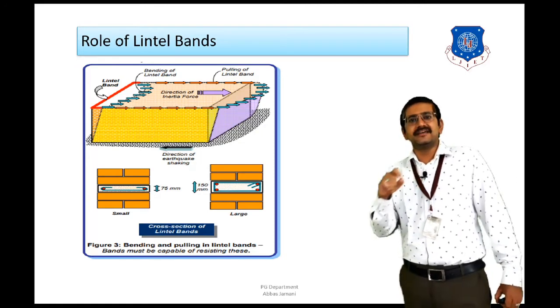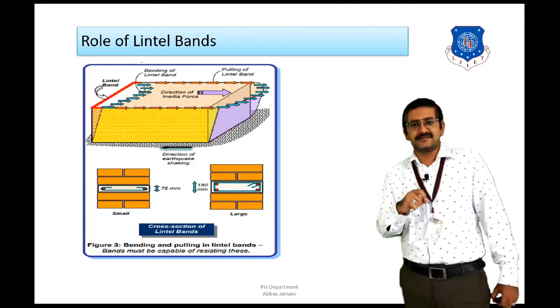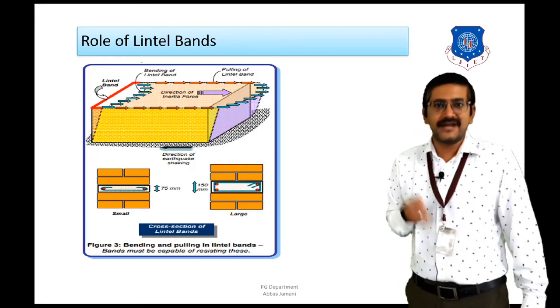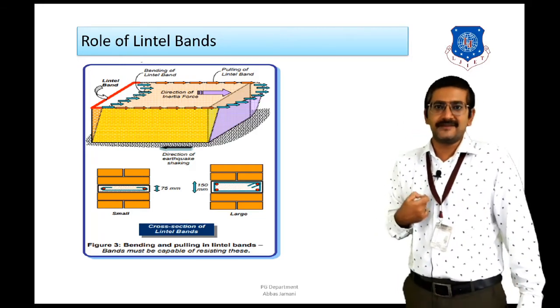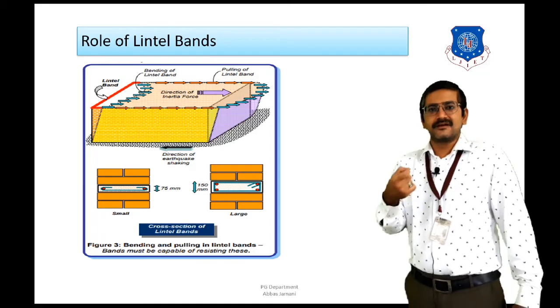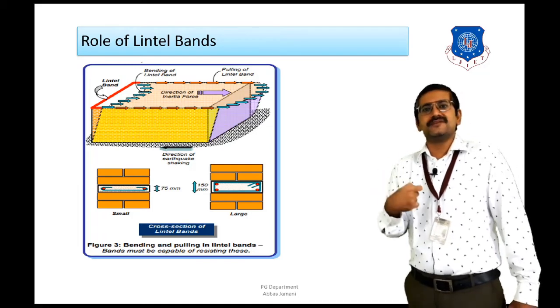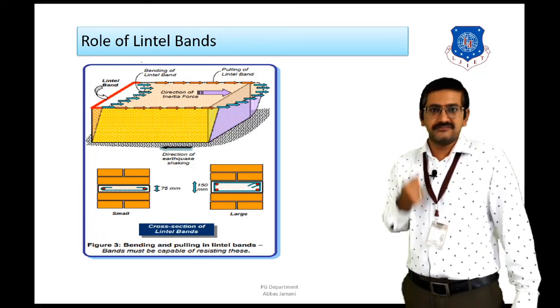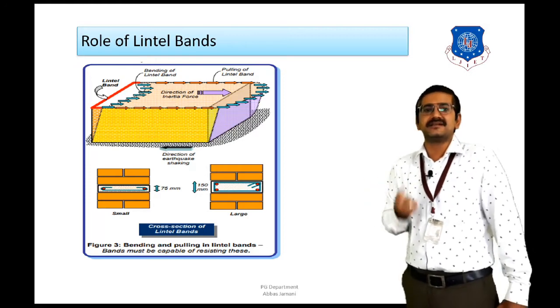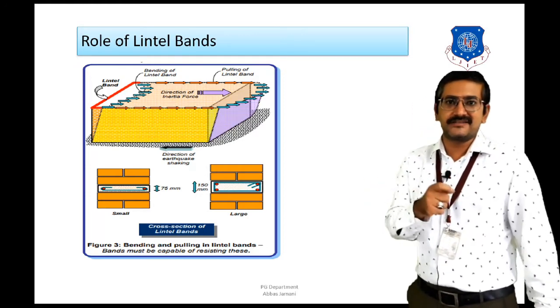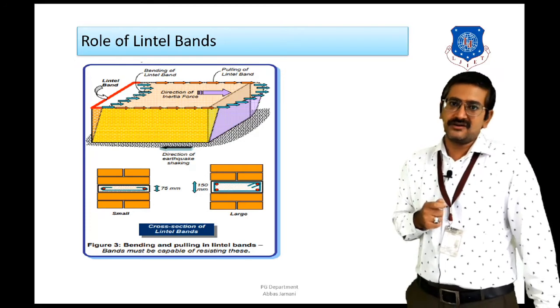If the bending is more and the section is not able to resist it, then the section has to be increased also, right? Just like in case of beams, we calculate the minimum depth required, and if it is not fulfilling the criteria, then we increase the depth also. Similarly, here also the thickness has to be increased if the criteria is not satisfied and the thickness of 75 or 150 mm is not sufficient.